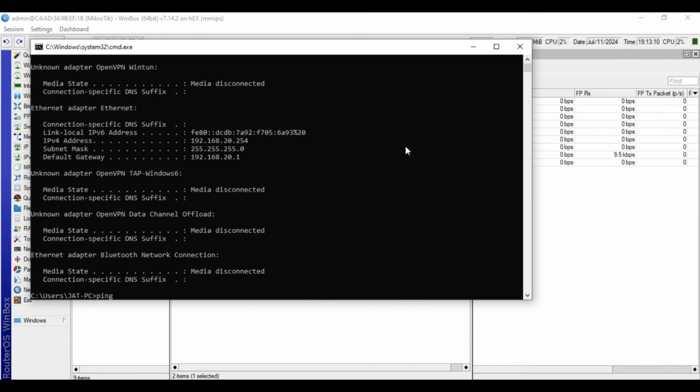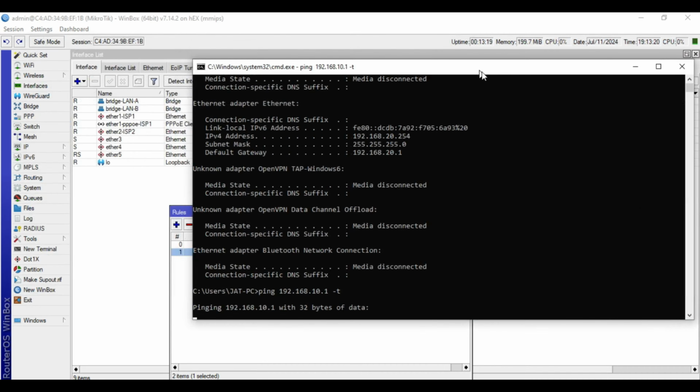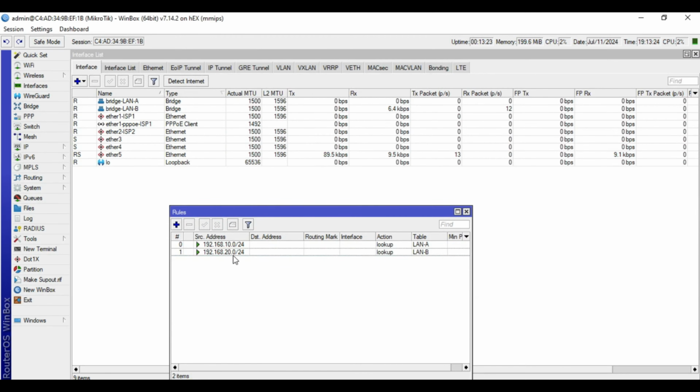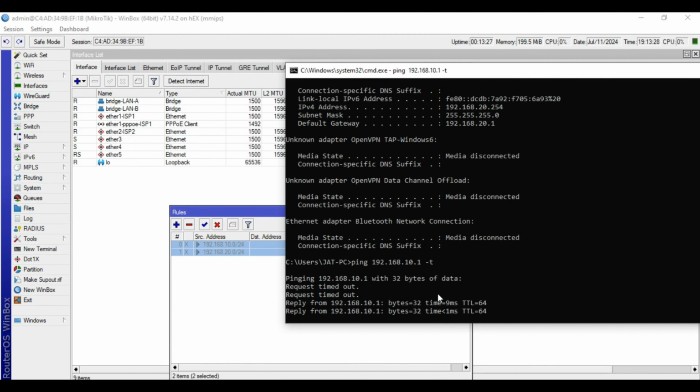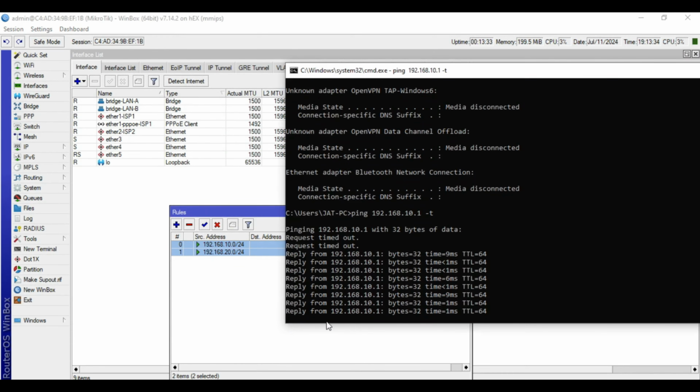So when I try to ping the gateway of LAN A, it's unreachable. If we disable this one, it will be reachable by default. So when we add these two rules, these two networks cannot communicate to each other.